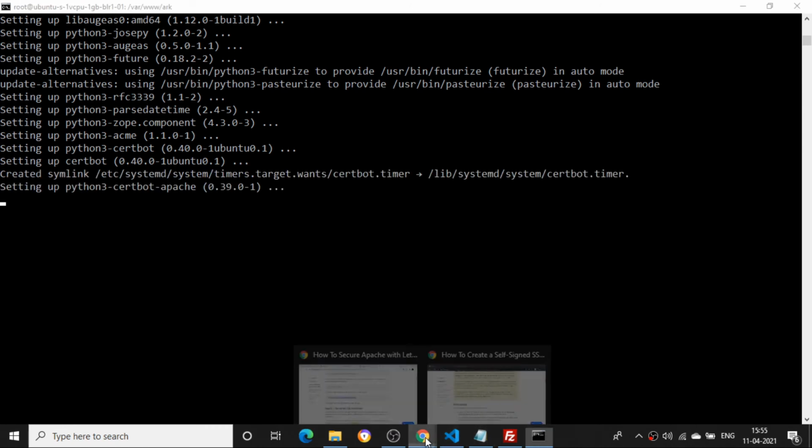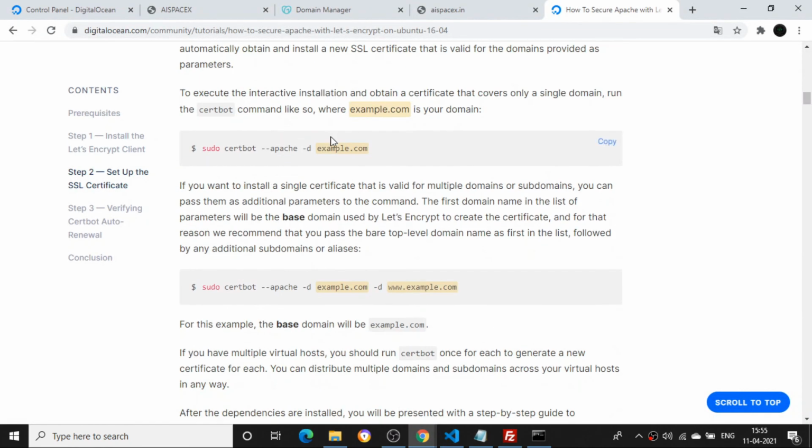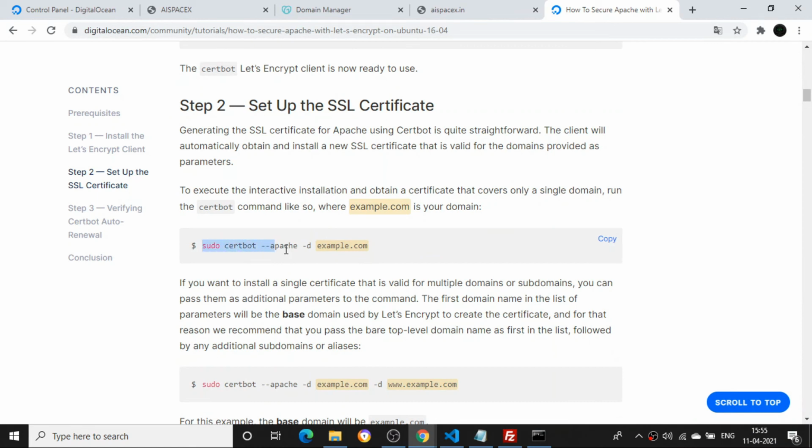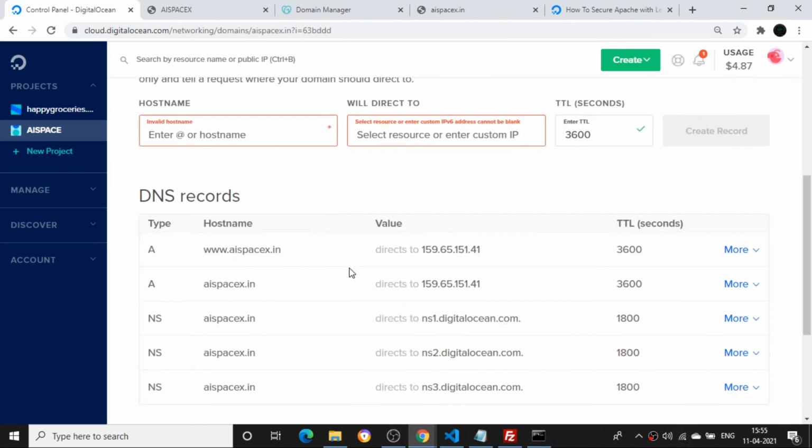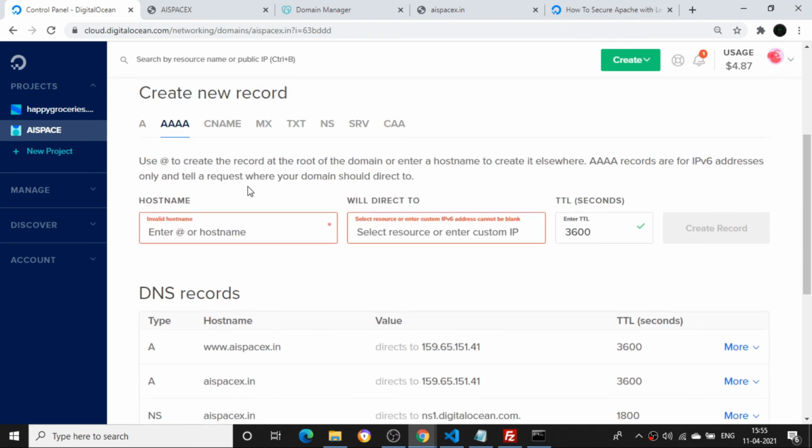Then come back here. Here, set up a SSL certificate. It is telling me I need to set up a SSL certificate. But before that, I need to go to the admin panel. I need to add some of the secure SSL secure layer, which is going to check inside our domain. So all those things I need to add. I'll be adding some of the secure connections. So what are the SSL connections I need to add? I'll just add it now.